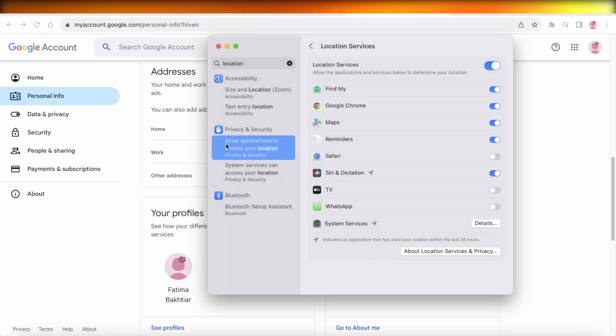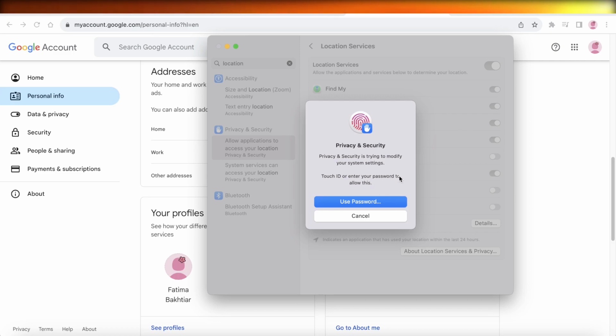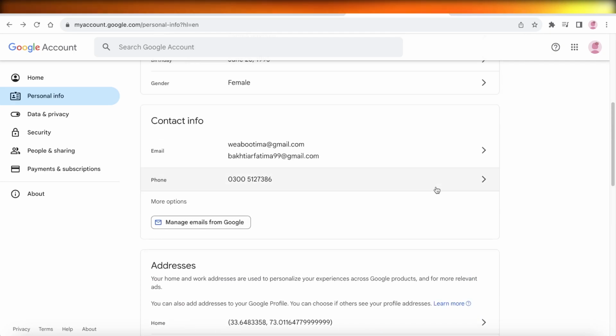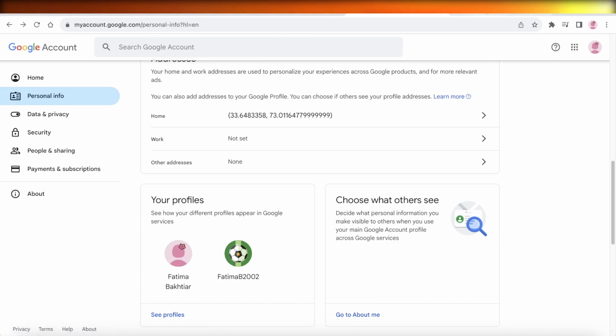Now, once you go into location sharing, you can go into your privacy and security, and you have the option of whether or not your device is showing your current location. So you want to turn this off for Google Chrome or for Google Play Store, whichever application that you are using. So you want to turn the location off. Now, once you have turned the location off for Google Chrome like this,